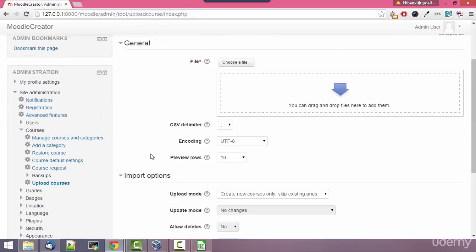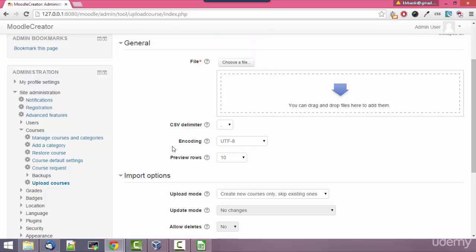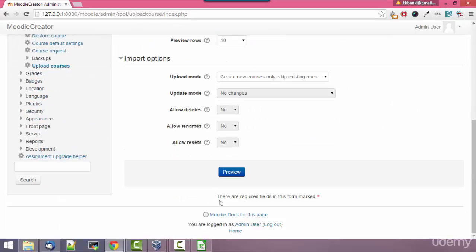Here we can upload a file which has all the information needed to create our courses. And this file is going to be comma separated, UTF-8, and that's the encoding. Just remember what encoding you are using here. So I'm using UTF-8. Here at the bottom of the page we have a link, Moodle Docs for this page,